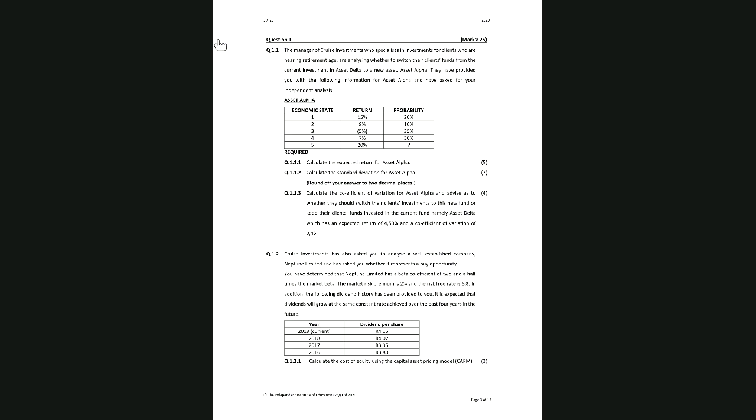Capital asset pricing model tells me what the required rate of return should be for that particular company. So in other words, if I am going to be taking on this risk, so for Neptune, they've got a beta coefficient of 2.5 times that of the market. So that tells me that Neptune is 2.5 times more risky as an investment than the market in general. So given that, what return should I expect from an investment in Neptune in order to make it worth my while to say, yes, go and buy Neptune's shares? Okay.